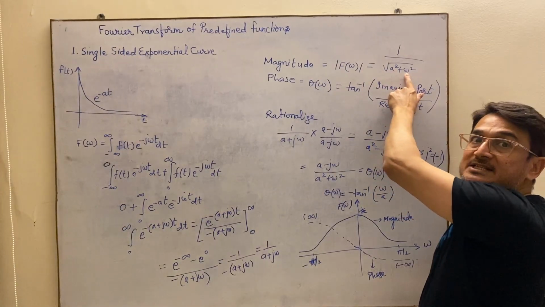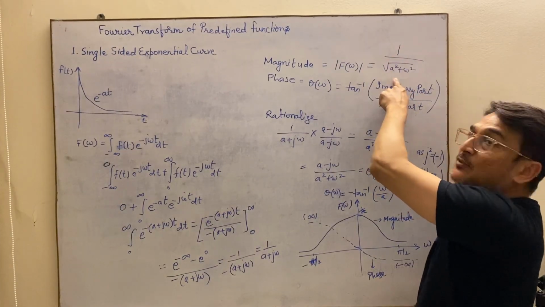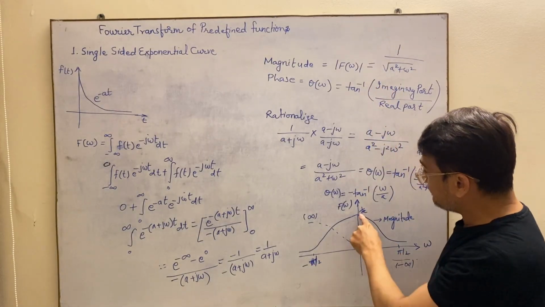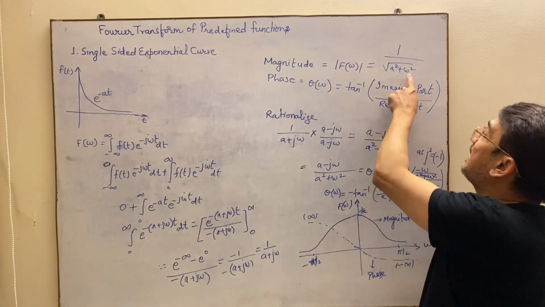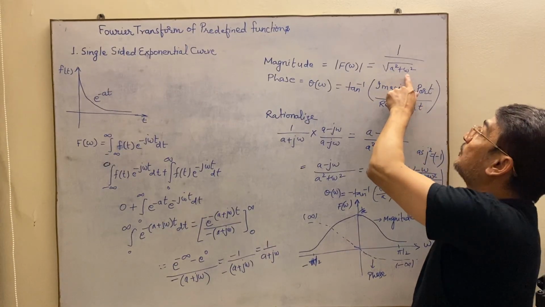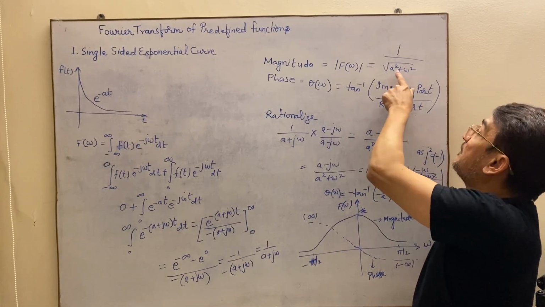If we put omega equal to 0, it will become 1 upon root a square, which is 1 by a. So that means at omega equal to 0, it will be 1 by a. And as you increase the value of omega, the value will decrease. If you put omega equal to 1, it will be 1 upon root a square plus 1